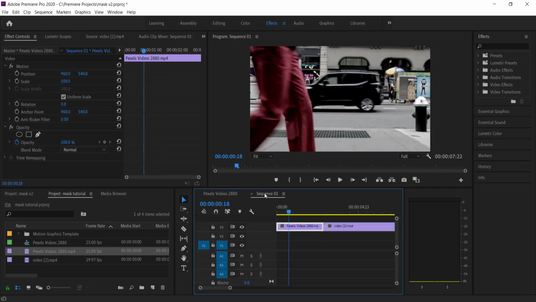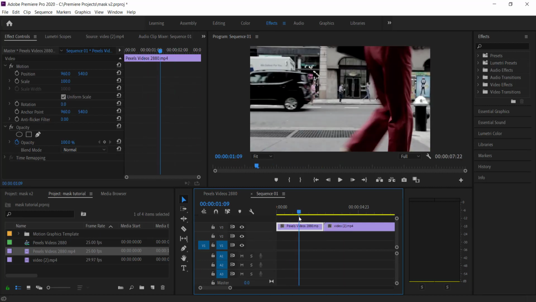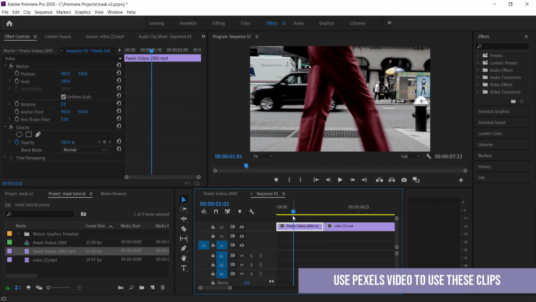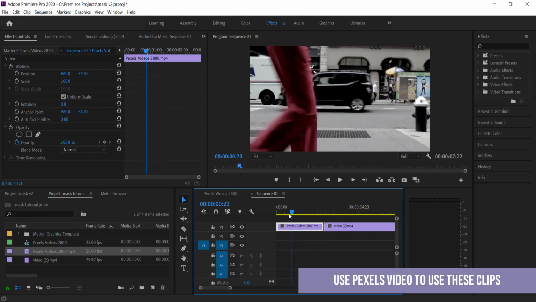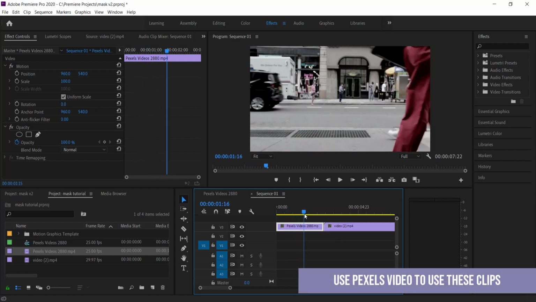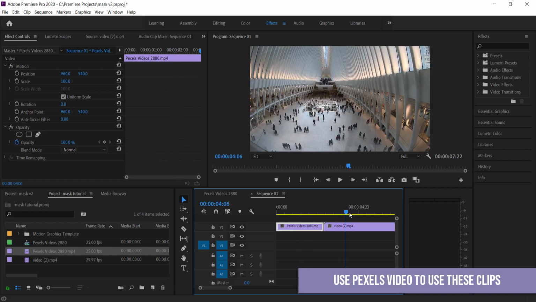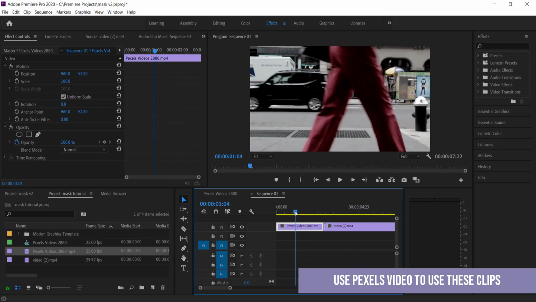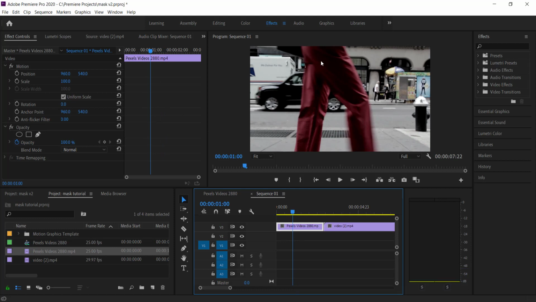So the first thing that you need to do is have your two clips ready to go. In one clip here, which I've downloaded from Pexels video, I've got this person walking across the screen, and then I've got another clip over here as well. Now this clip is a good clip because the subject fits the entire frame, and this is perfect for our